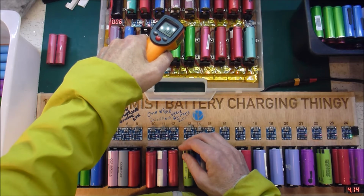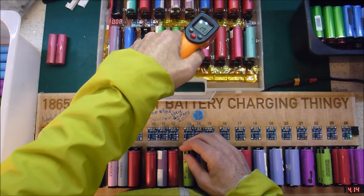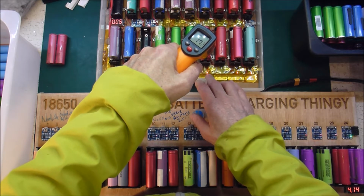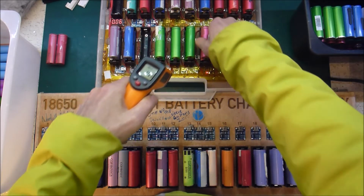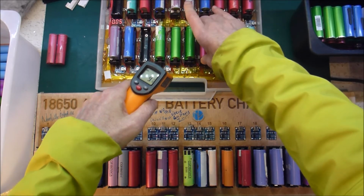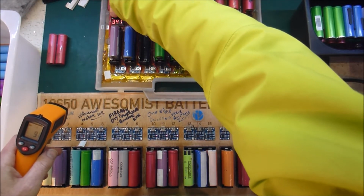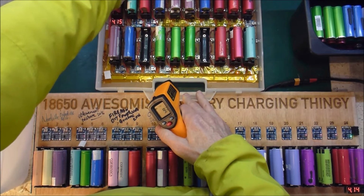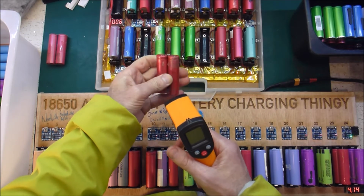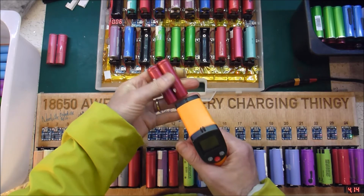18, 10, 11, 16. So that's interesting. That one hasn't finished charging, but it's not particularly warm. It's a wee bit warm, but not... Yeah, what does that mean? Let's just measure the voltage on that. That's okay, but it's a little bit on the warm side. So that's ambiguous. I'm inclined...